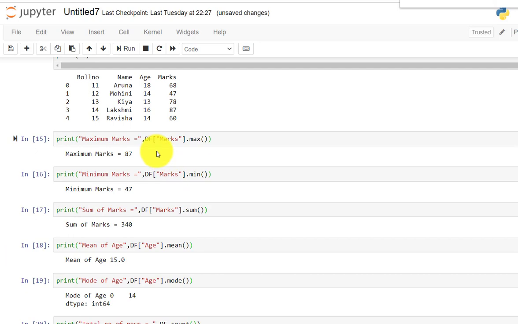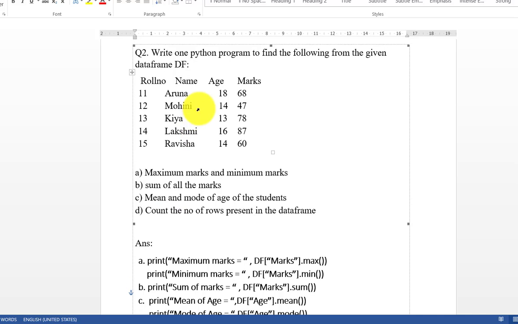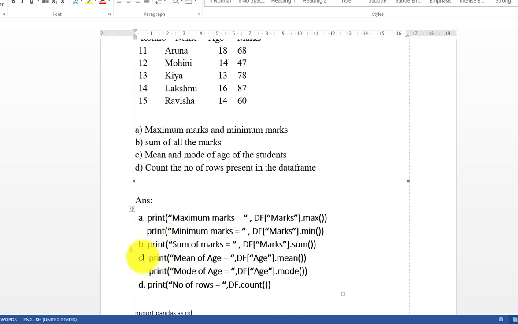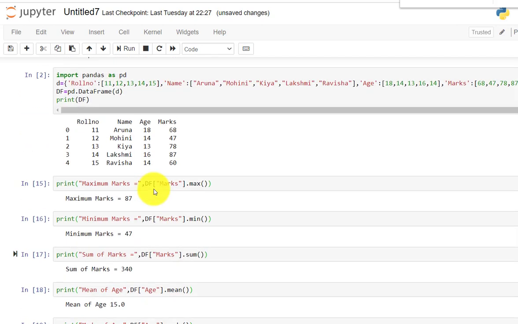And I think you all understood. Such types of questions will come in your exam, and this is how you perform them. So this is actually the answer, but if you want to perform it practically, this is the way of performing practical operations on the Python platform.